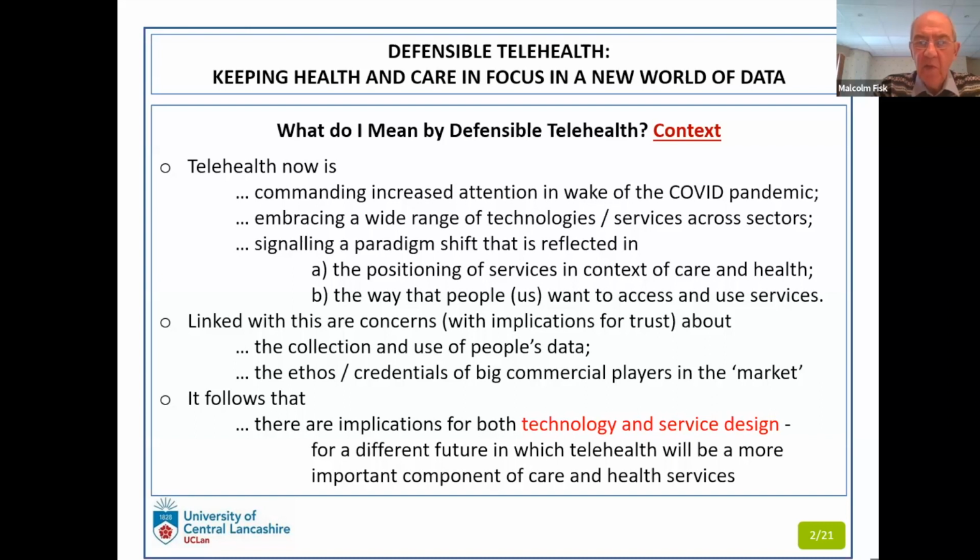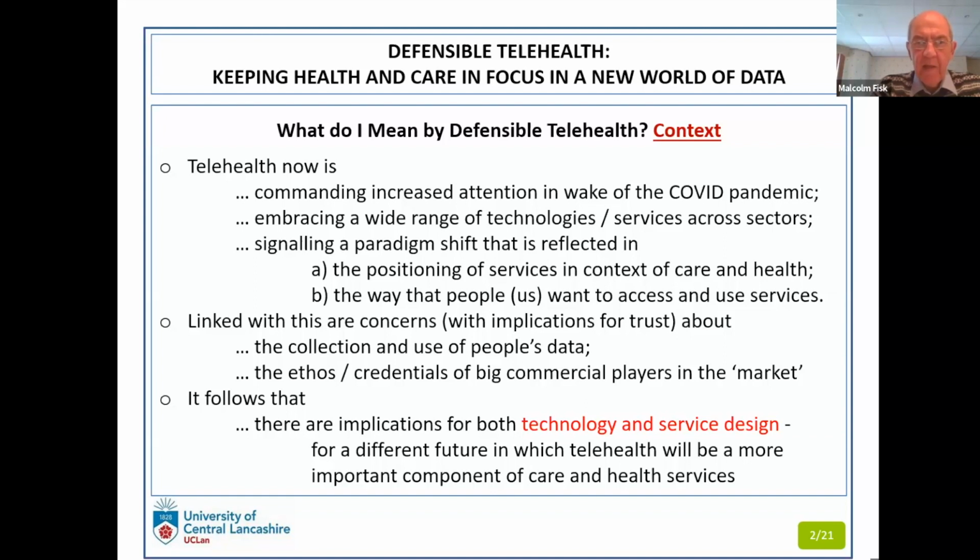We don't need to dwell on these things. We know that telehealth commands more attention at the moment, and Anne pointed to, quite amazingly actually, 400 and something different industry partners who were involved in the work that she and colleagues did for the Care IT report. Amazing, really, but it just shows how complex the area is. And we can argue the case that there's been a paradigm shift, a shift in thinking around the use of technologies, or the way that services provide technologies for the benefit of older people.